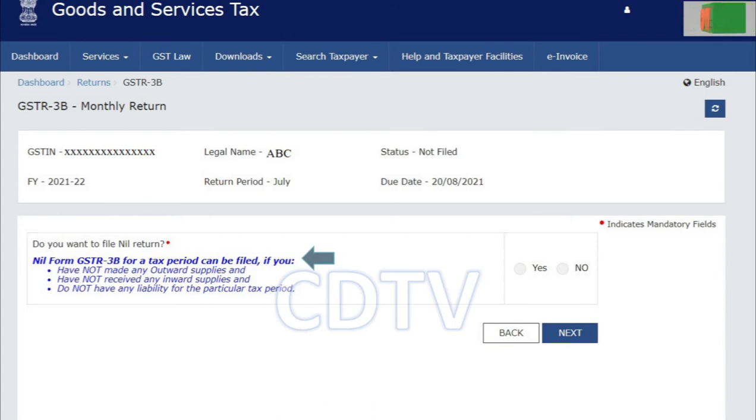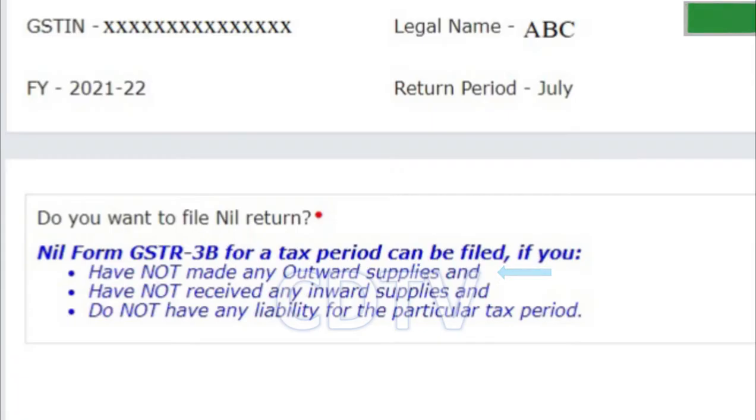Here the conditions of filing nil return are given. If you fulfill these conditions, then only you are eligible to file nil return for that tax period. The first condition is that you have not made any outward supplies during the relevant tax period. This means you have not done any business activity or sales in the relevant tax period.